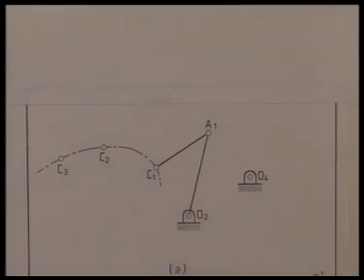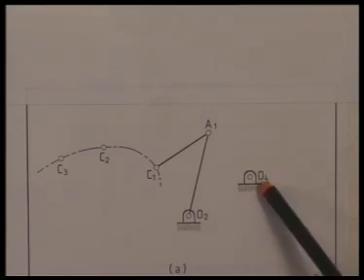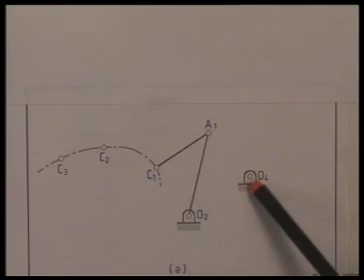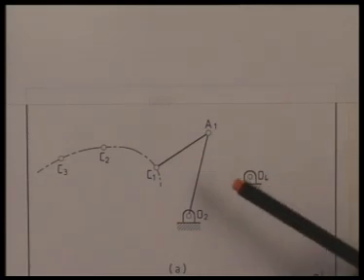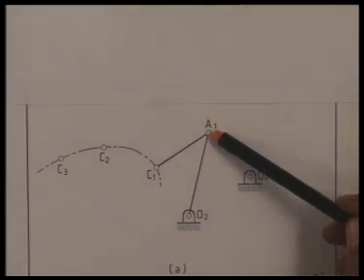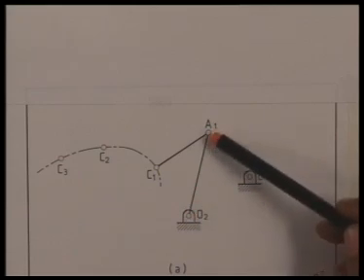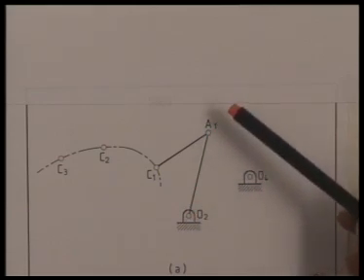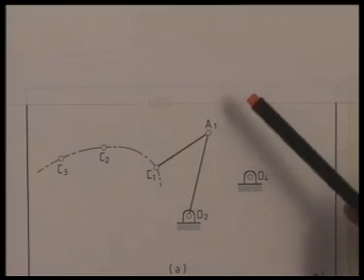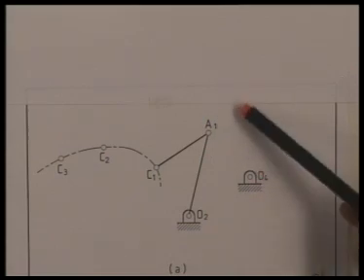To solve this problem, we choose O2 and O4, the location of the fixed pivots, arbitrarily anywhere according to the convenience of the problem. Then we also choose A1 arbitrarily. A1 is the moving hinge on the input link. The only thing remaining is to determine where is the other moving hinge on link number 4, which I call